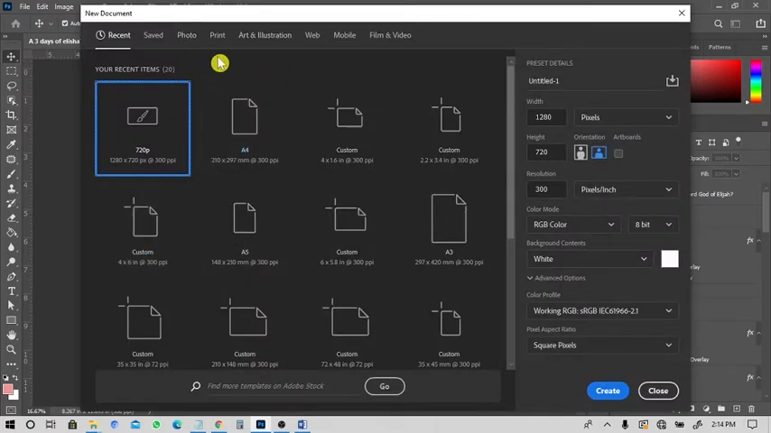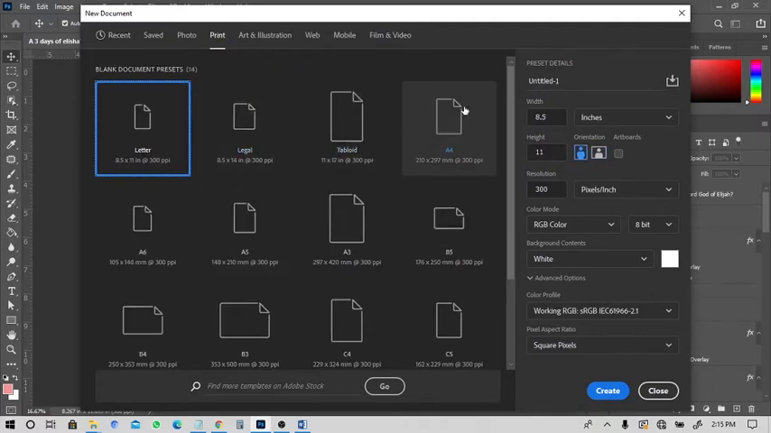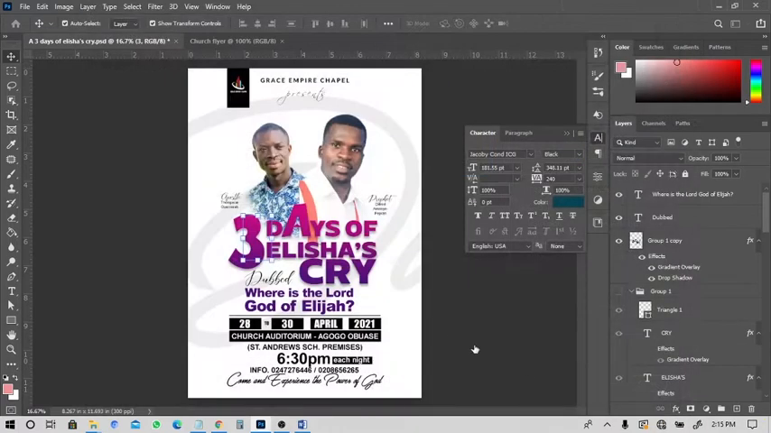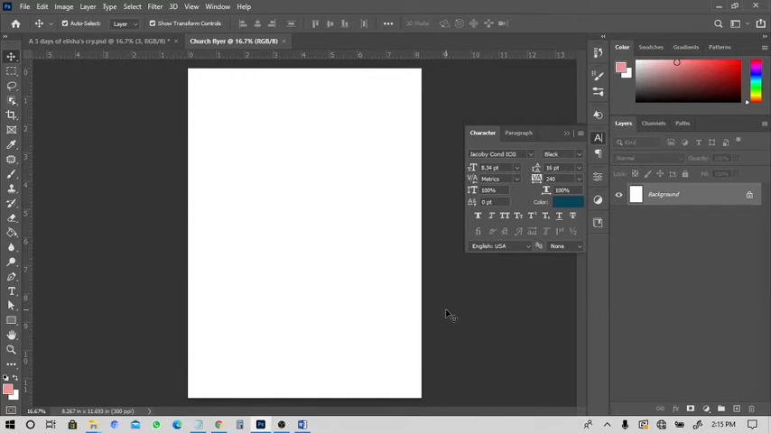So when you open Photoshop, new document, go to Print and choose A4 and rename your file, maybe church flyer. And click on Create. So a new document is going to open for you. Then we will start